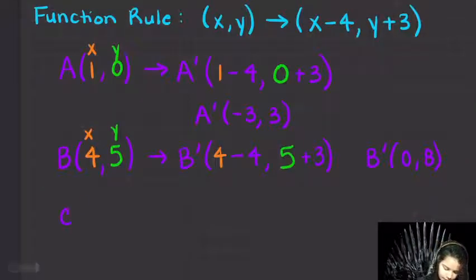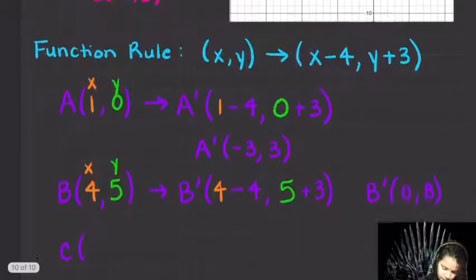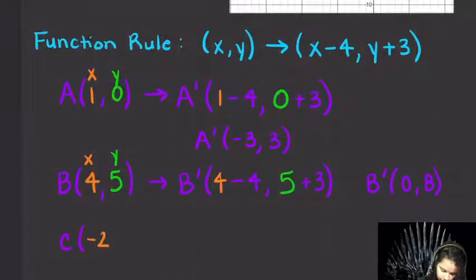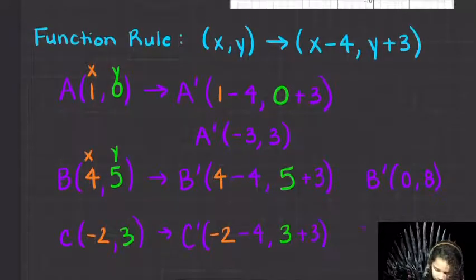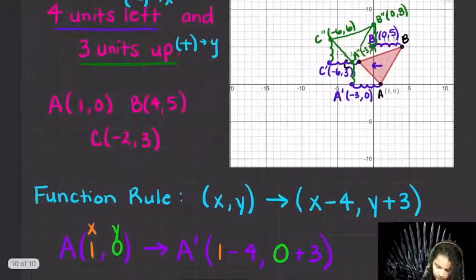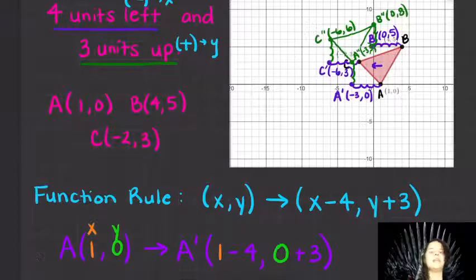And last but not least, let's go ahead and look at C, which is at negative 2, 3. And that's going to become negative 2 minus 4, 3 plus 3, which means it's at negative 6, 6, which again is exactly what we got in the picture,